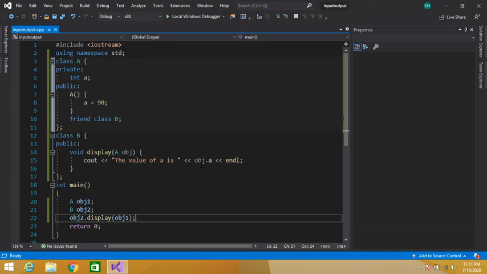We are able to access this private data member of class A in the member function of class B, because B is a friend class of A. So here we have accessed this private data member of class A. And finally our program terminates.